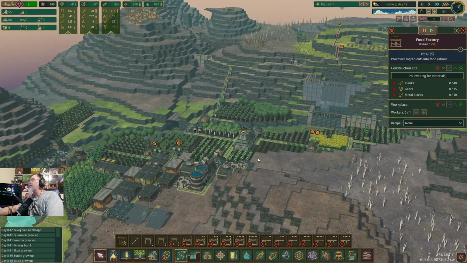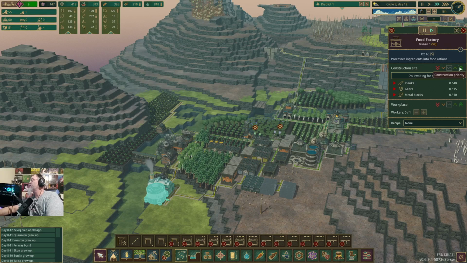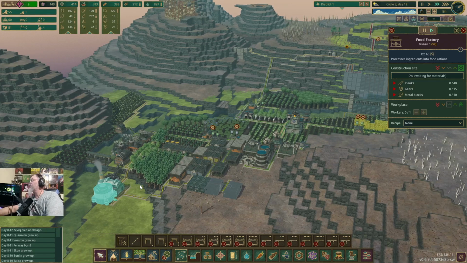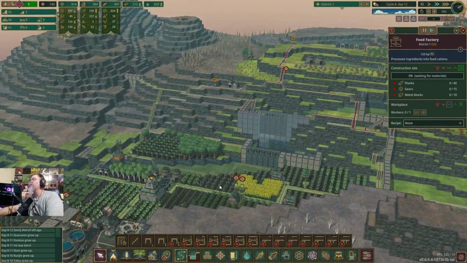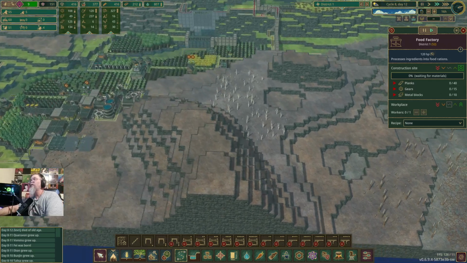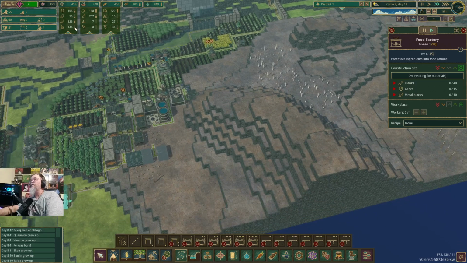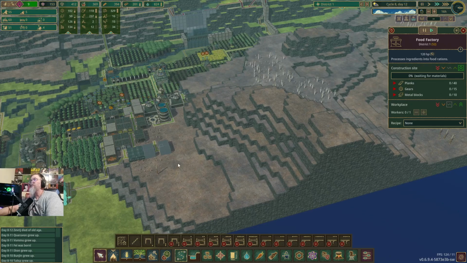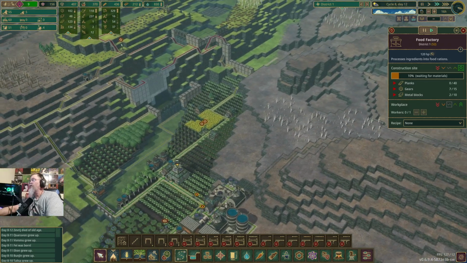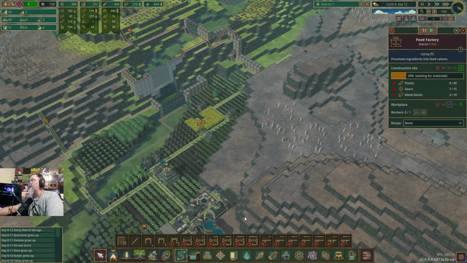What are we working on? Oh, we're working on this super dam up here. Let's get this built. I prioritize that. We're going to need more plank storage soon, which means another pile. And then